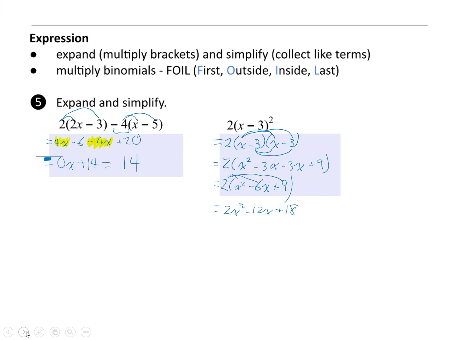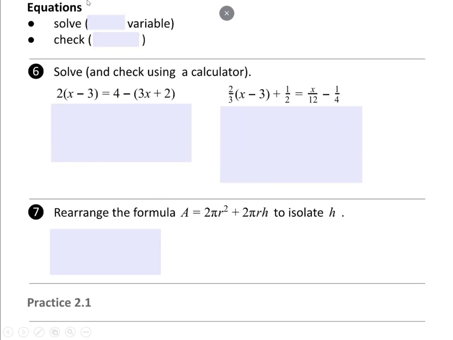Let's go to the next slide. Equations. So these were supposed to be revealed. I'll just write it in. Solve: isolate the variable and check that left side equals right side. So if you're told to check, you have to do your left side, right side check. If it says solve, solve for the variable. So usually that's x. If it says solve and check, you have to solve it and check